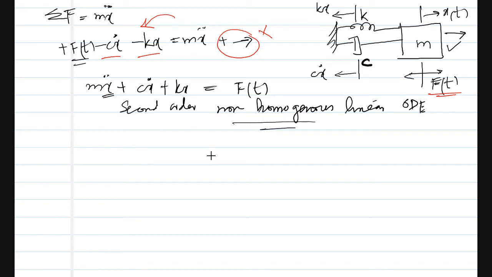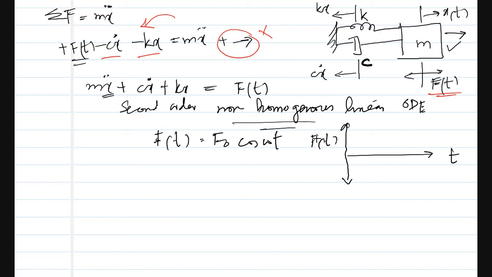Now, before that, we consider that F of t is something like F naught sine or cos omega t. If you draw this force function, where this is the time axis and this is the F of t axis, your response looks like this, where this amplitude is nothing but F naught, and the period is equal to 2 pi by